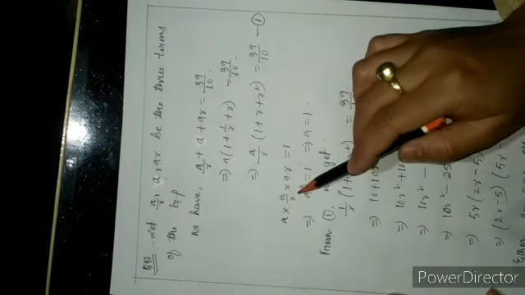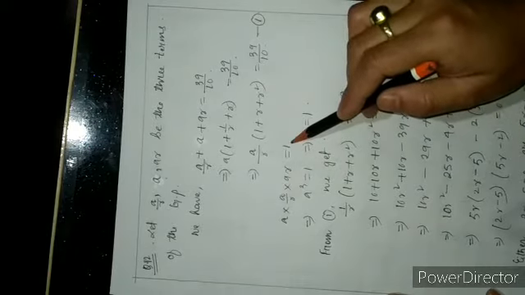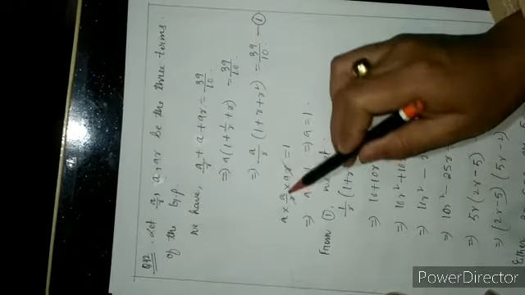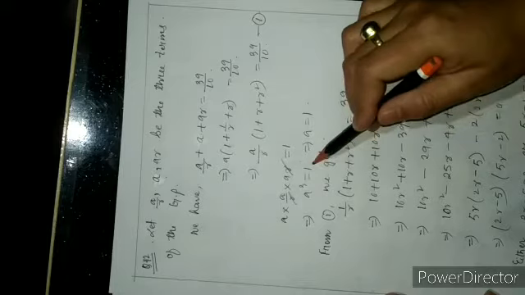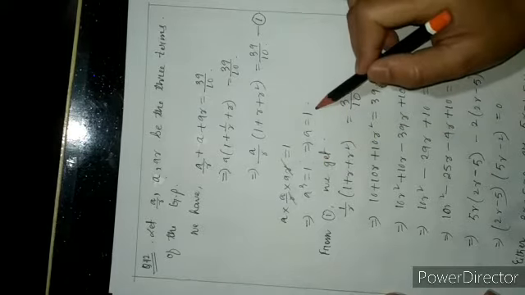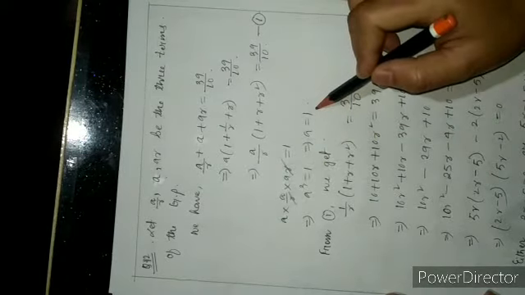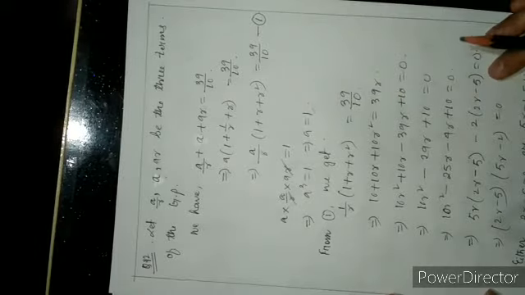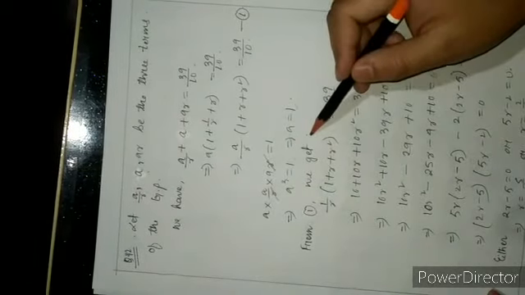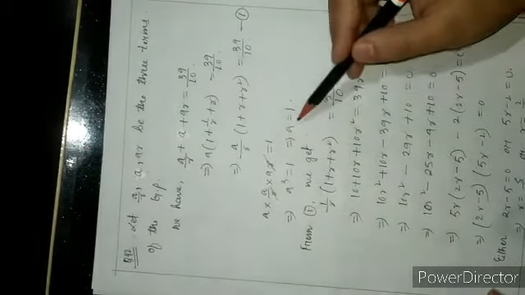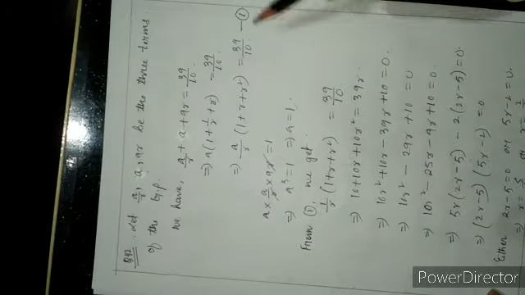A into A by R into AR is equal to 1. The R cancels, so A cube is equal to 1. Taking cube root on both sides of the equation, the value of A is equal to 1. And from equation number 1, putting the value of A, we get